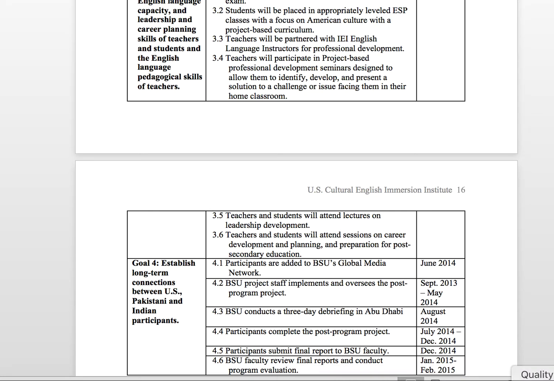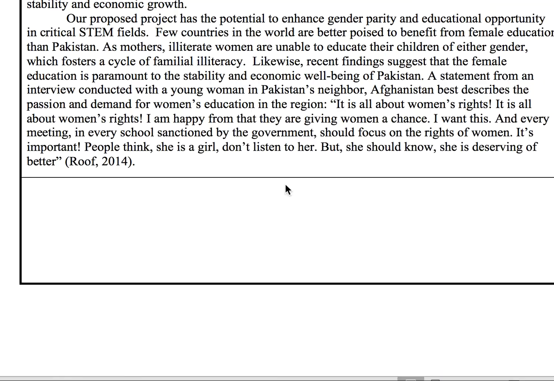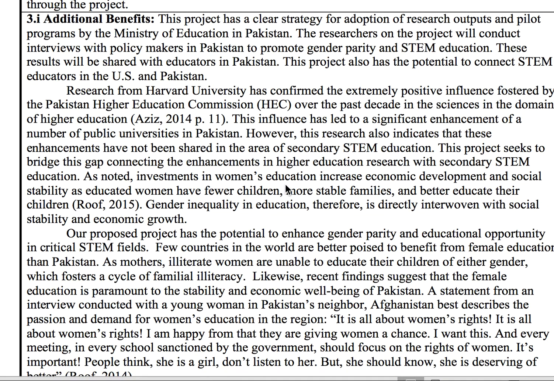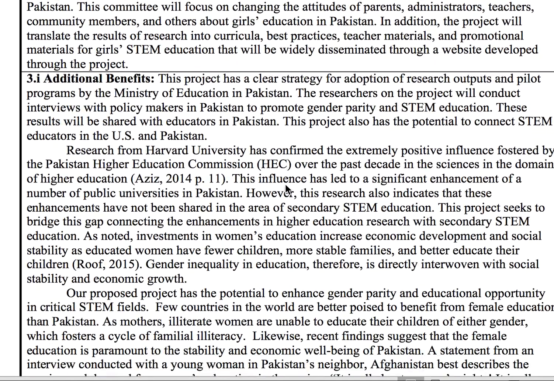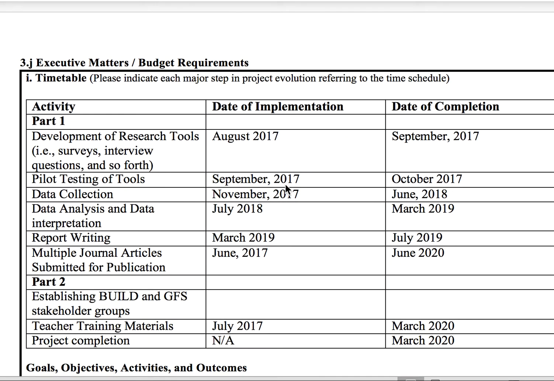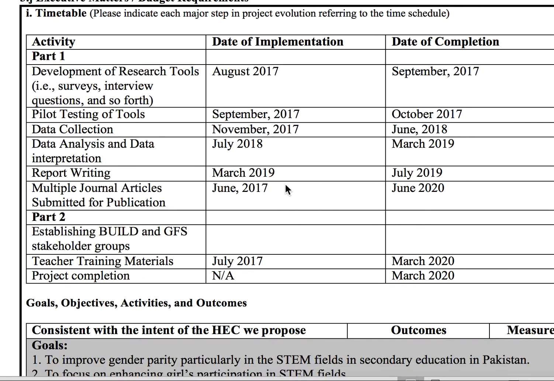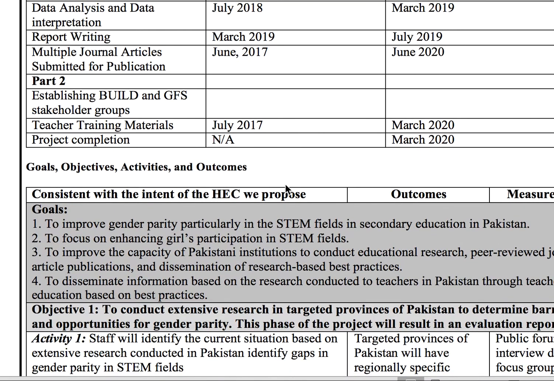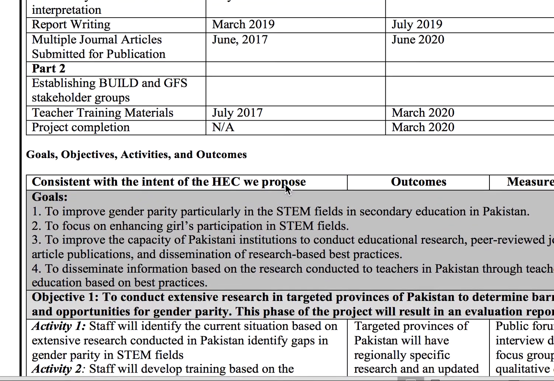So here's one example. I'm going to try to show you another one. This is another one we set up. You can see some of the background here, and then there's a timetable as the first part that lays out the development of research tools, things like that, and when those things will be completed. I just wanted to mention with the timelines,